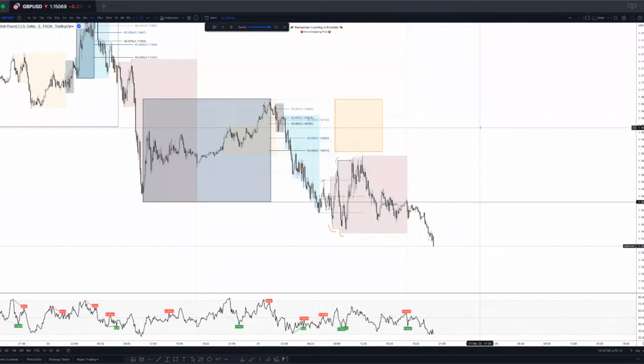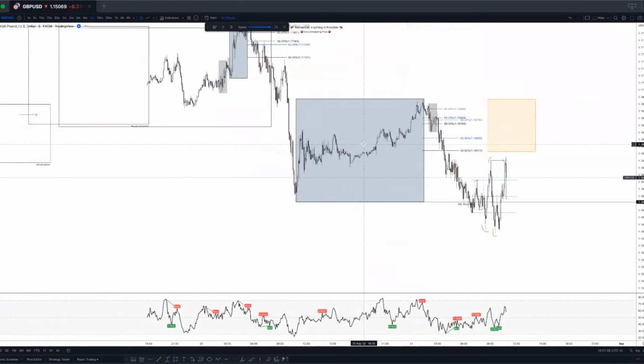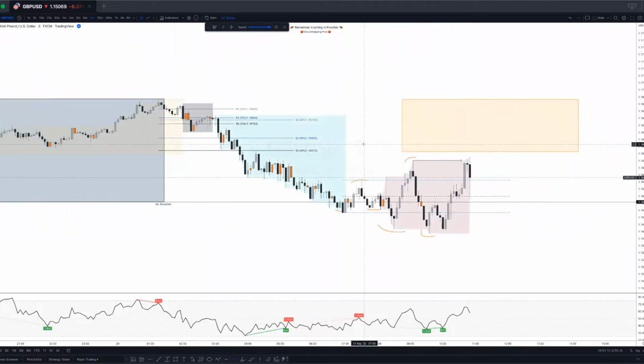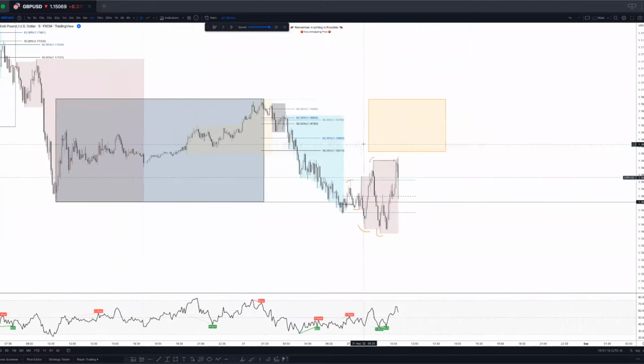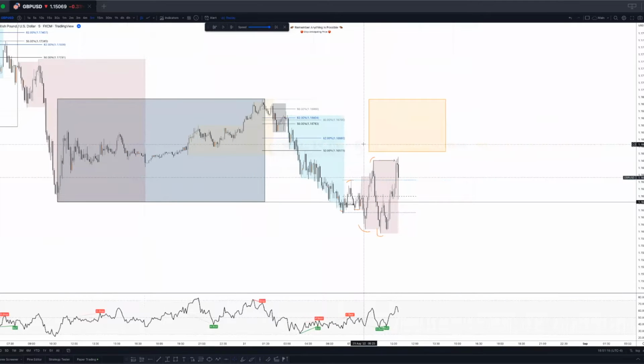I wanted to come higher, but it was around 50% up here. Let's back up here. Because we're looking for shorts, I don't care about